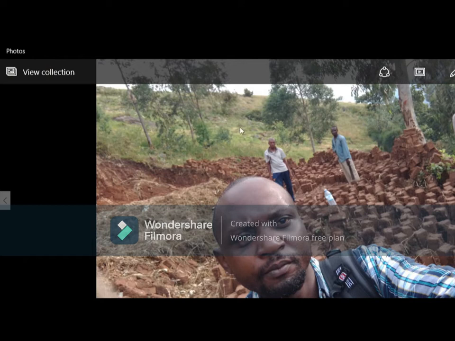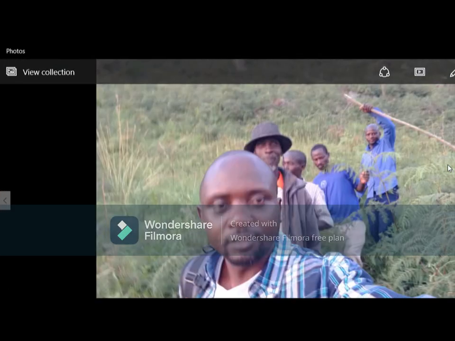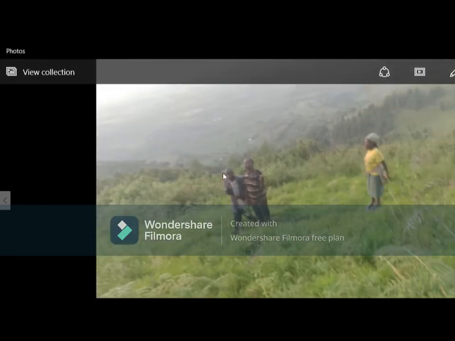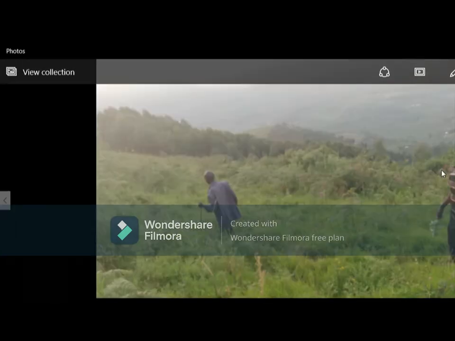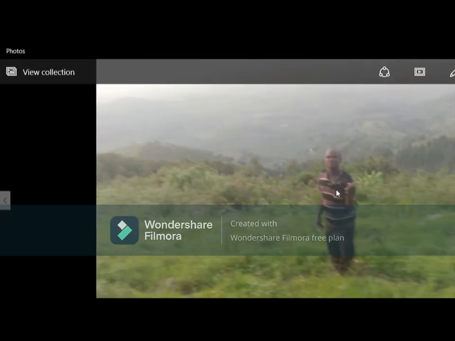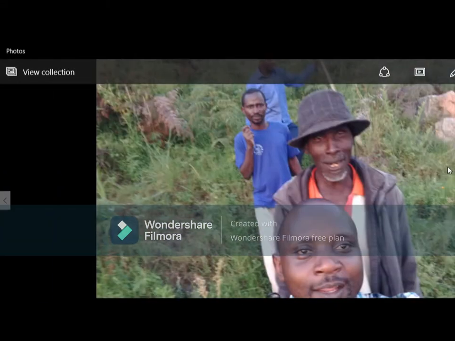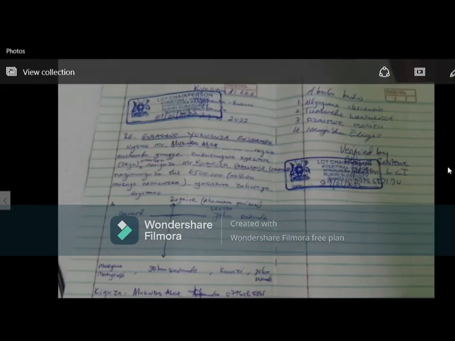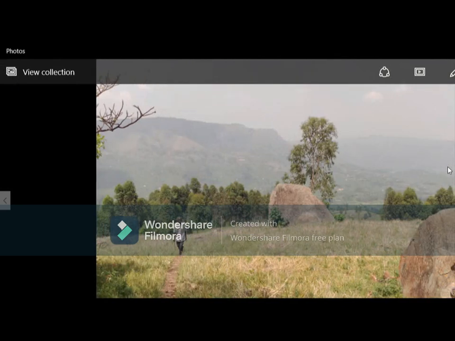This is me. These are my boys, these are my workers laying bricks and trying to level the land. I think all this land with time is going to be coffee. I'm going to plant coffee in all that area. Yes, I'm acquiring more land here for planting coffee. All this area must be coffee with time. But for sure, those are my workers. Love them so much. Yes, all this area under